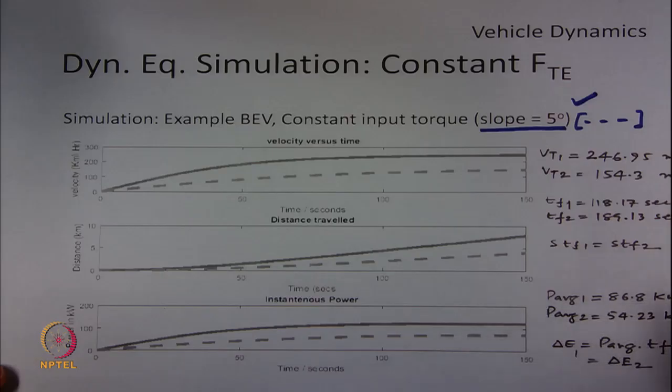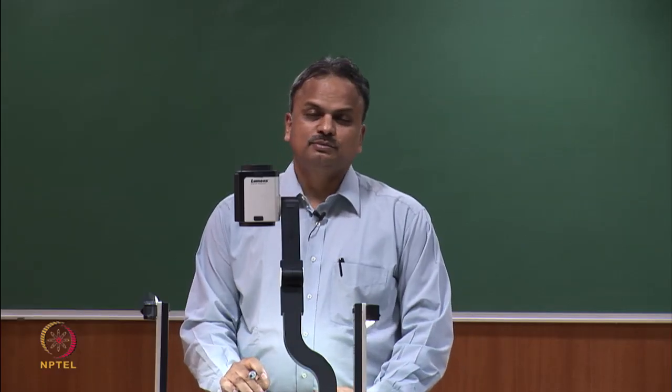The average power required in the first case was 86.8 kilowatt, as we have seen. In the second case, the average power required becomes low, which is 54.23 kilowatt. So, the average power has reduced. On the other hand, the time required to reach 98% of the terminal velocity has increased in the second case. Because of this, the energy required, which is the product of P average and T f, remains constant for both the cases. Similarly, let us assume a case